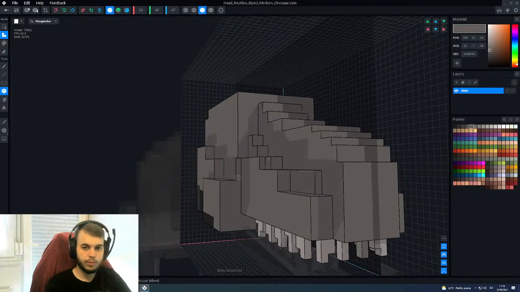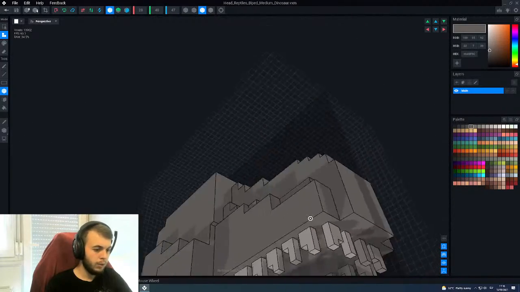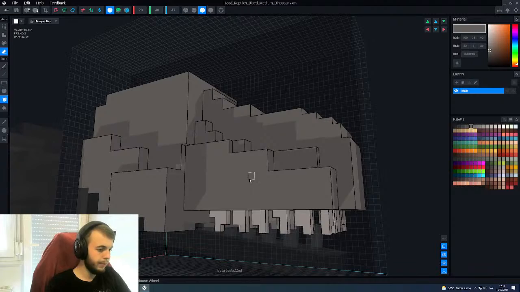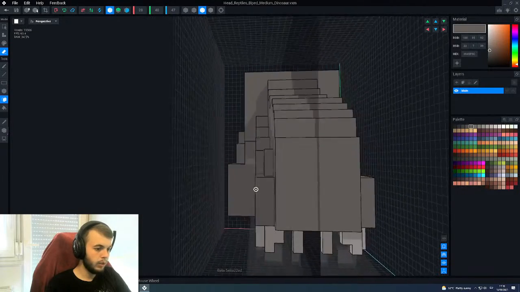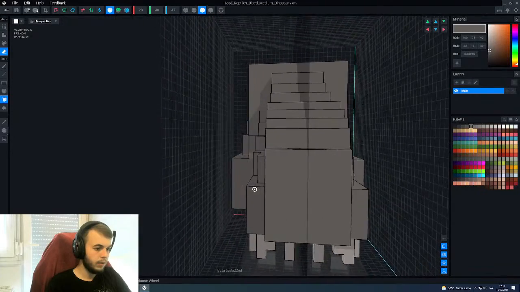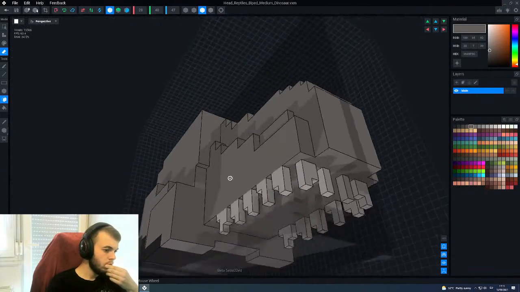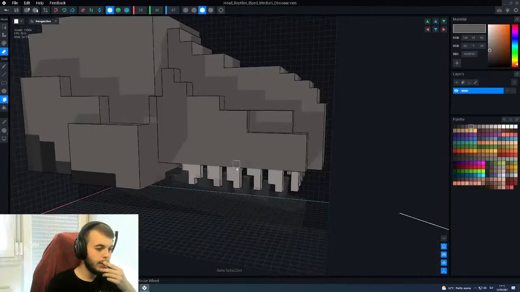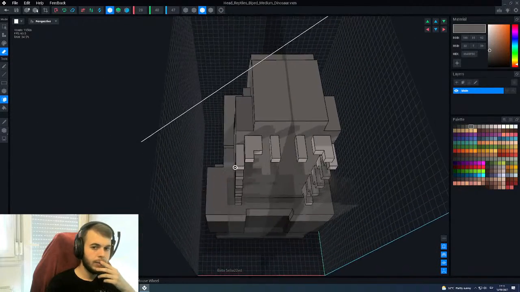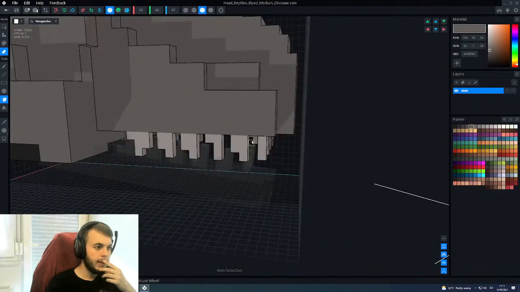I'm not sure. And also I guess we can make it a little bit narrower. So that looks about right, at least considering the teeth. Then